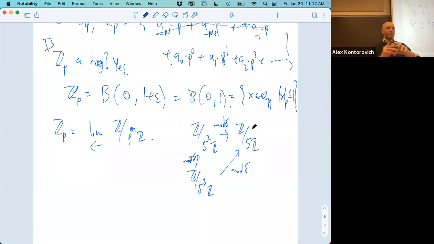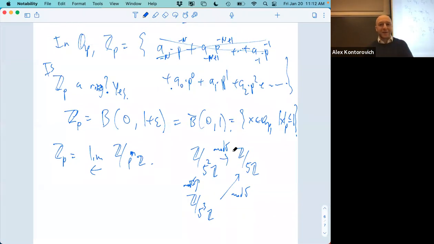There's an abstract way to define inverse limits: if I have a bunch of sets and maps from larger index sets to smaller index sets that are compatible, so that doing one and then the other is the same as going all the way down, then I can take the inverse limit of that collection of sets. That's an abstract definition. So this is clear, right? Z mod 5 determines A0, and Z mod 5 squared determines A0 and A1, and Z mod 5 cubed determines A0, A1 and A2, and that inverse limit is exactly what gives us this. That's how we solve Diophantus's equation.